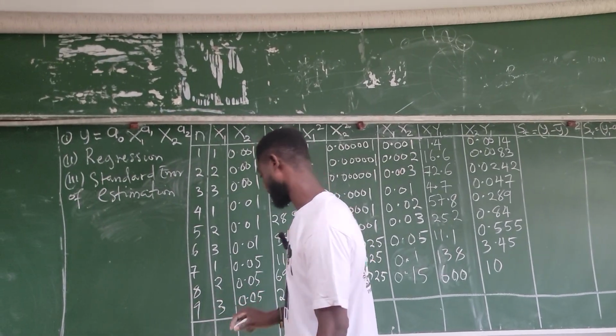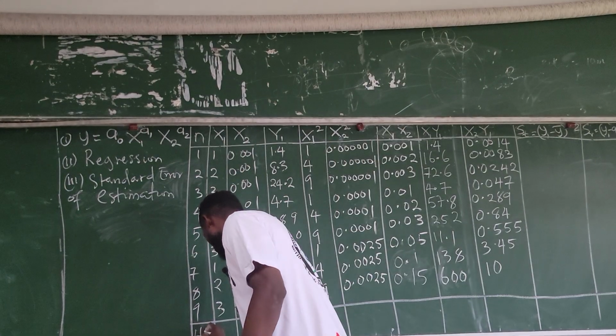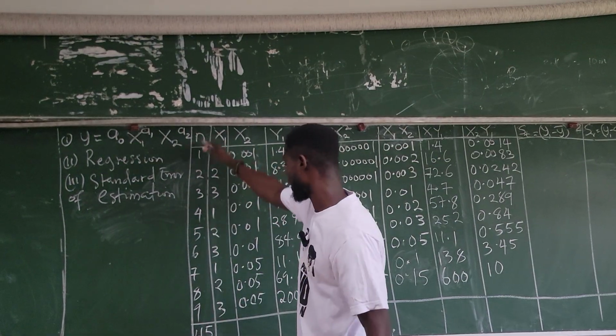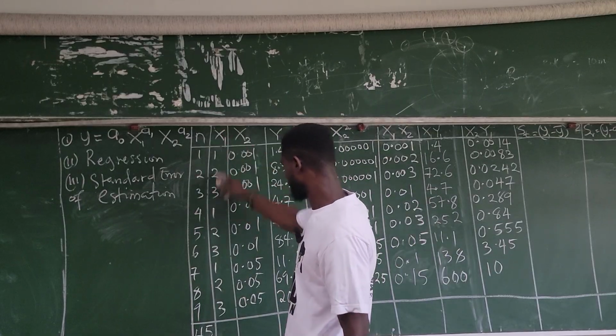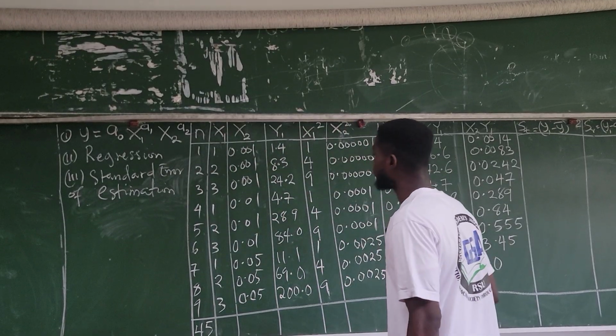That is 45, like I said. So the summation of n is your 45. So we also sum your